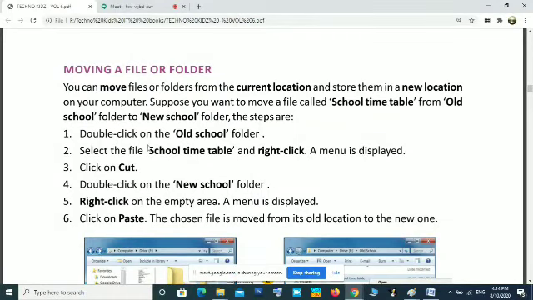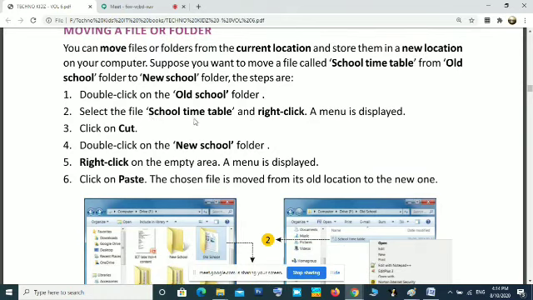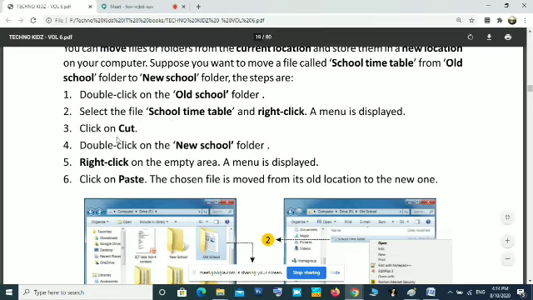So to move a file, first thing you have to double click and open that folder. Then select this school timetable, a sample file. Okay, right click on that file. In this case, right click school timetable. A menu is displayed. In that menu, select cut. Click on cut. Then double click on new school. That is where you want to move.